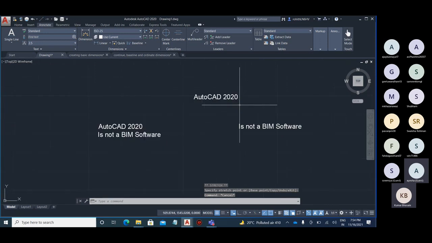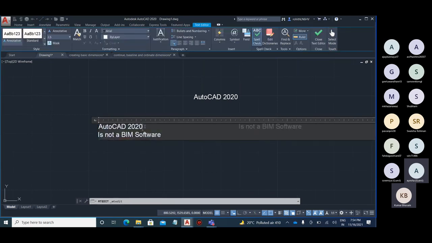Okay, is the first difference clear about the multi-line text and single line text? Yes. Okay. Now in the multi-line text, if you double click over here and go to editing, you